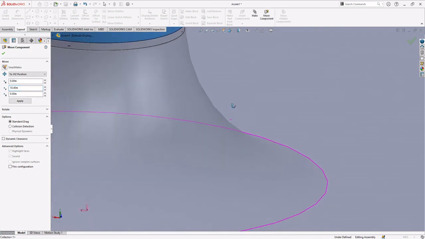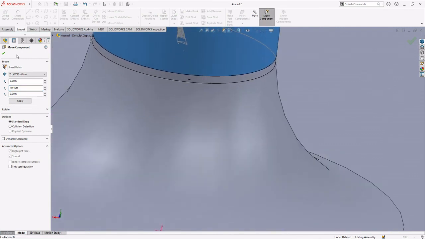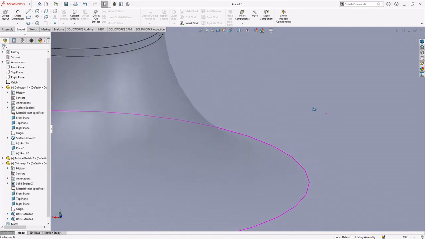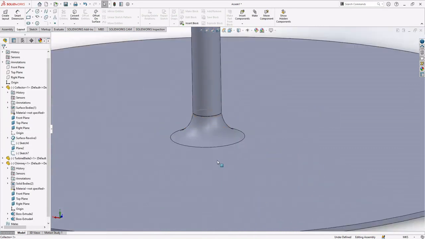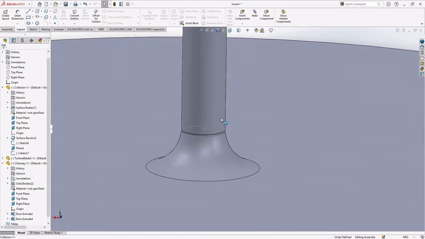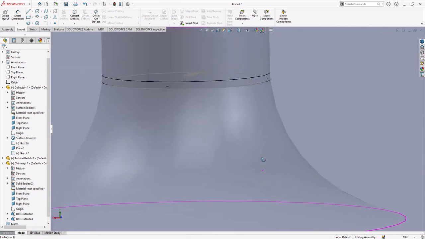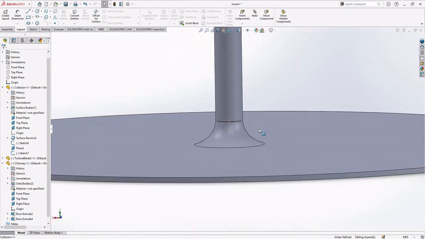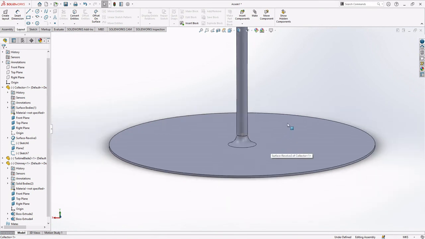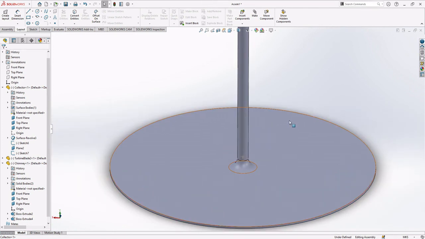This will be 10.4. So you assemble your solar chimney. Now you successfully assemble all the components of